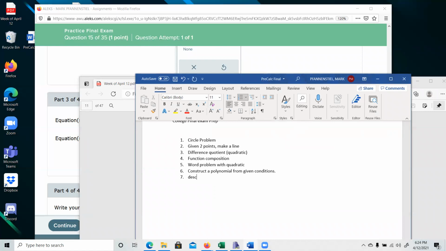Describe a rational function, kind of like what we did over there. I might decide to make you guys graph it. I might sell it to you the other way, but something like that. So let me go ahead and stop recording because that's a long